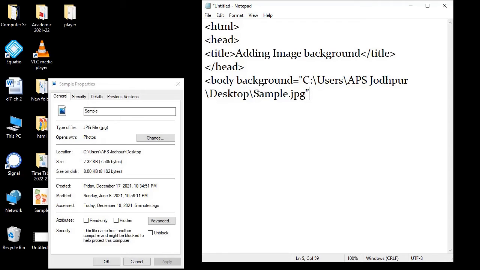So once you have done all this, close the double quotes and close the bracket, and then we will close the body tag and html tag also. Then the turn comes for saving the file, and before we save it, we just close this window.